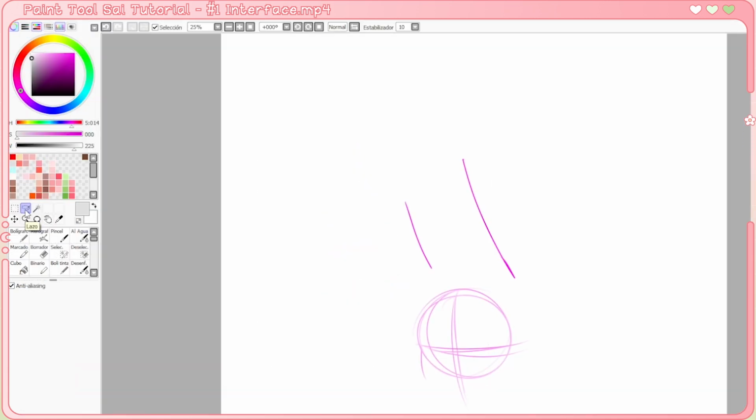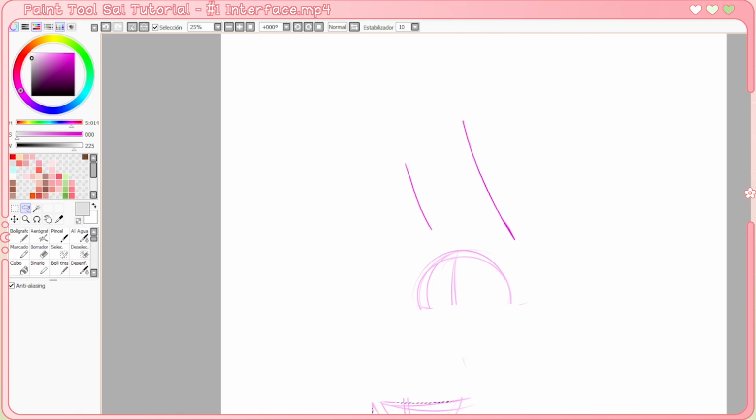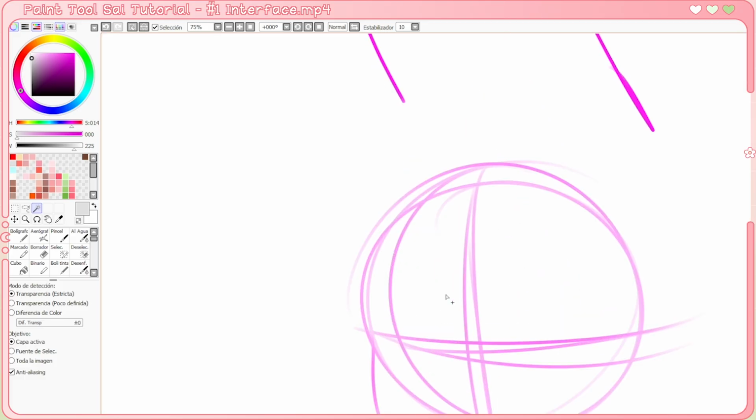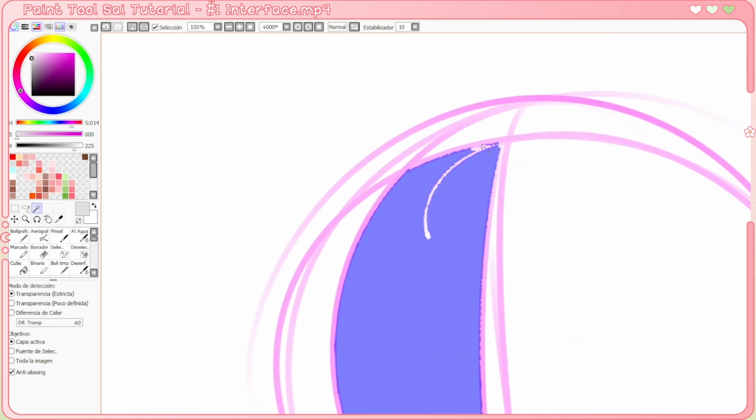If you select this tool, it's like the freeform. You can select whatever you want. If you press outside your selection, it's going to just select everything. But let's see, I just want to select this part of the drawing. Then I just draw and it's going to move whatever I selected. This is the magic wand. If you use your magic wand, you need to use it with a closed shape, like this one right here, because it's going to select the whole